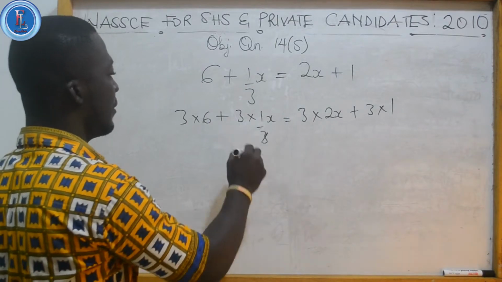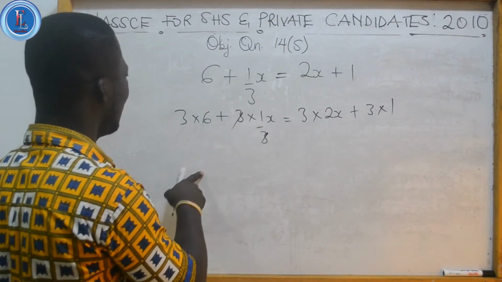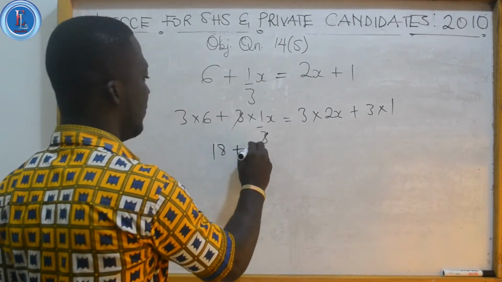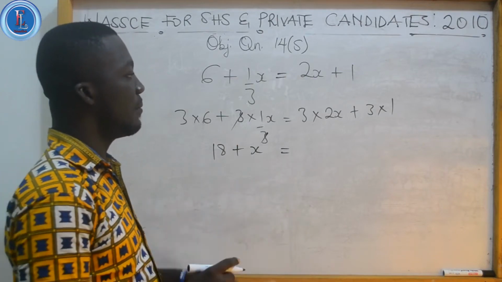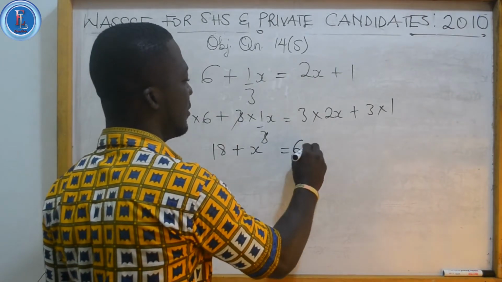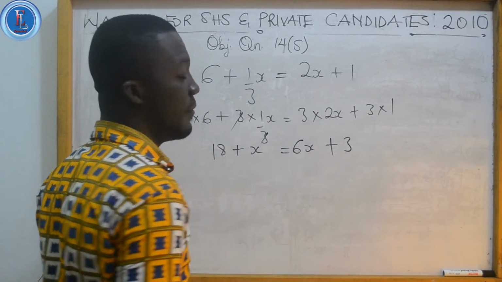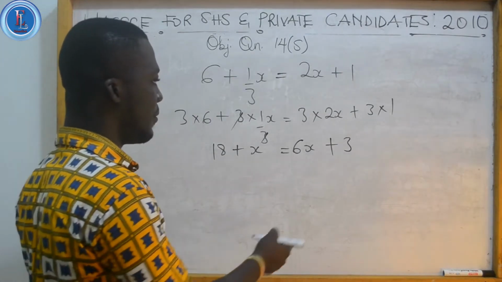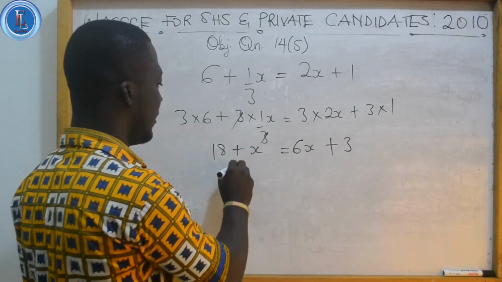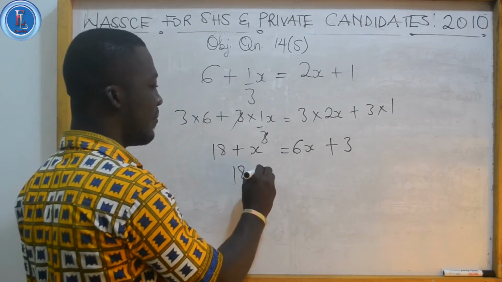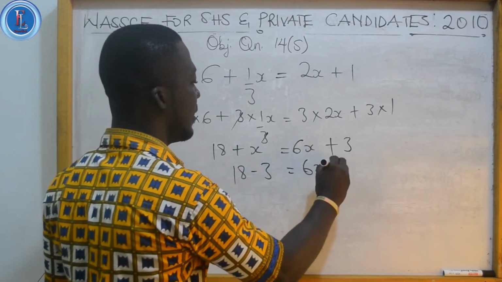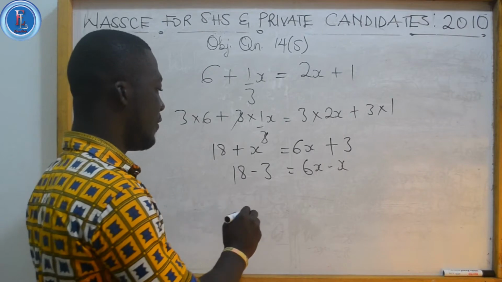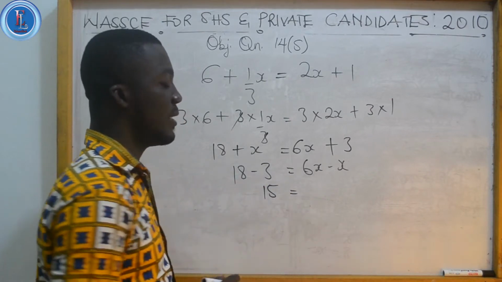And 3 will cancel 3, 6 multiplied by 3, 18 plus x is equal to 3 multiplied by 2x will give me 6x, then plus another 3. Now we want to group like terms, so I will transpose 3 to the left and x to the right, giving us 18 minus 3 is equal to 6x minus x. When you deduct 3 from 18, it's going to give you 15 equal to 6x minus x,